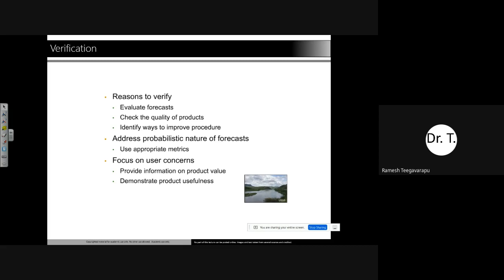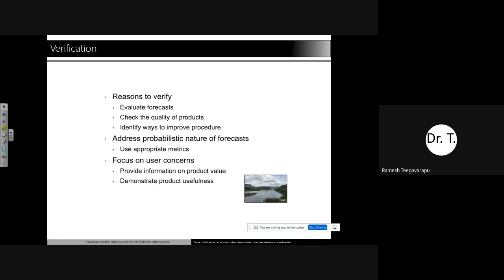And anytime you are doing a forecast, it needs to be verified. I mean, you can call it validation. Typically, we call it validation and calibration. Now, validation and calibration are different from verification because when you calibrate a model, you are trying to establish the best set of parameters. But when you validate the model, you're actually using the information from your unused data set, and you're validating the model.